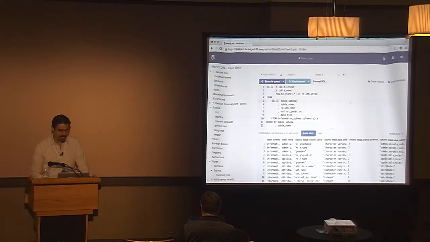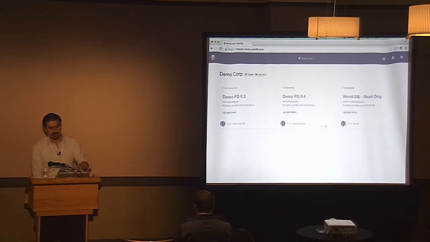We actually have a couple other things like this too. If someone wants to get into this afterwards, wants more feature demos, just let me know. I like just talking about this stuff. So again, the focus here is that you have a database client that is actually usable for someone to get whatever their job is done. You have access to native features and native tooling. But as far as the security side goes, I'm just logging in as myself. I'm able to access this database because I've been authorized to access this database.